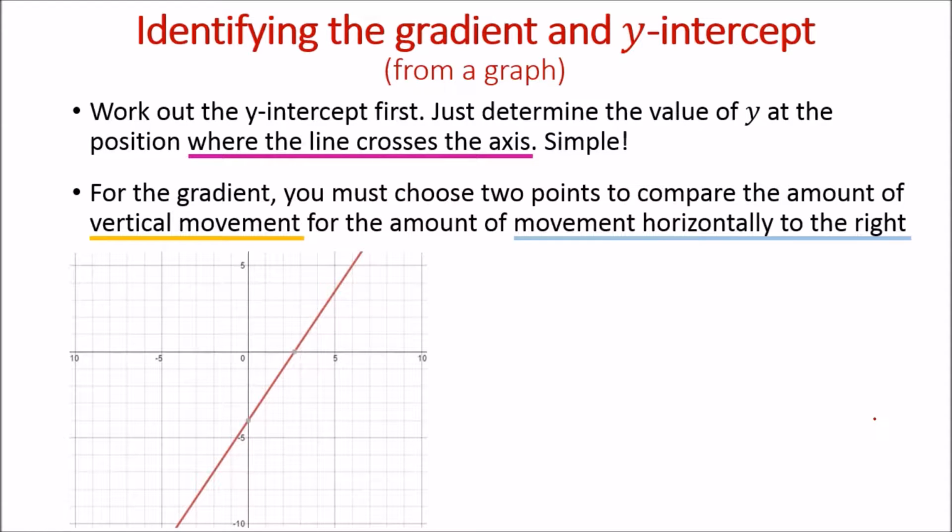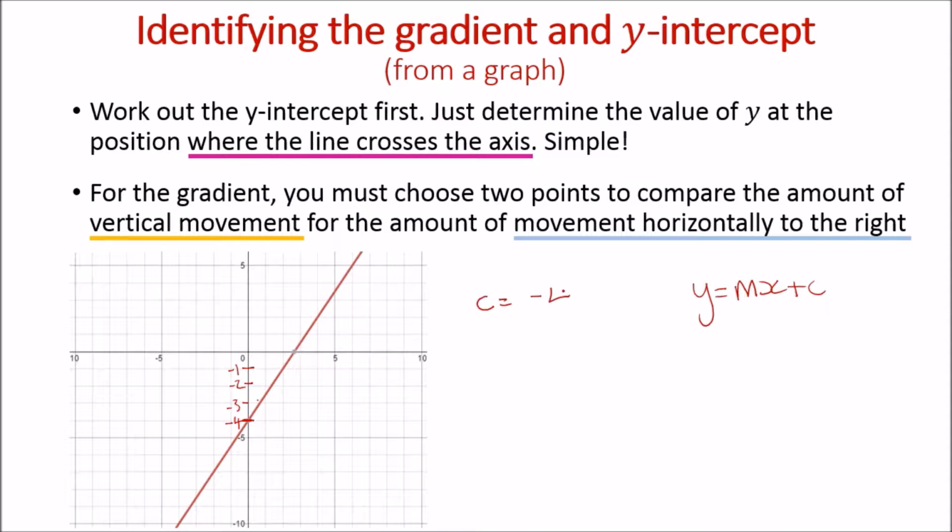So looking at this graph here, you can see our axes go 0, 5, 10, negative 5, negative 10, which means each one of these must be 1 unit. So that's negative 1, negative 2, negative 3, and look at that. This graph is crossing at negative 4, which means that c in our y equals mx plus c, our c